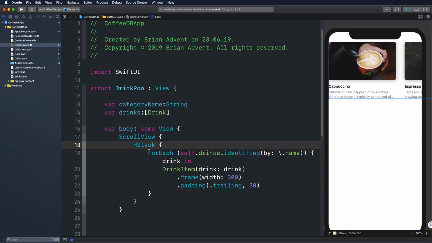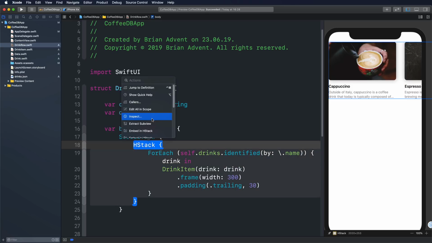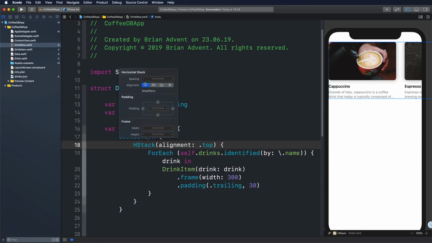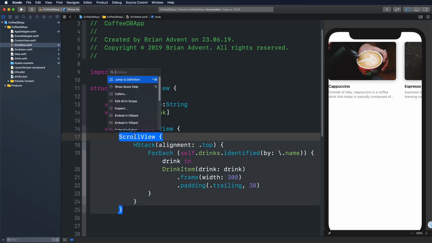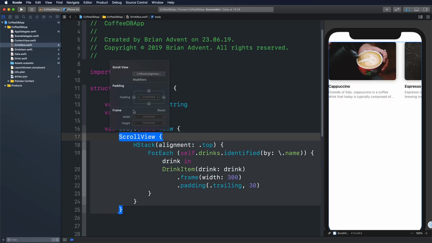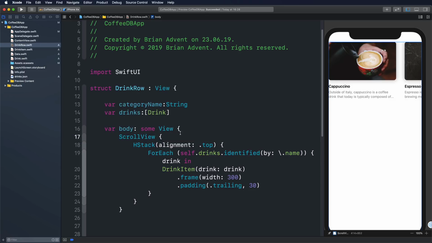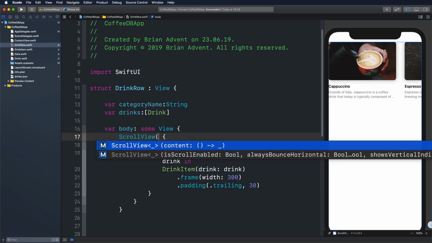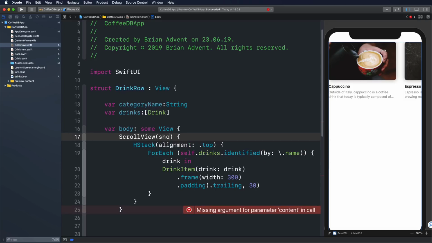And we can just make a few more adjustments here. We could, for example, set the alignment to top. We could also maybe deactivate the scroll indicators for our scroll view. But as you can see, if I just hit the inspect button here for the scroll view, I can't really adjust this specific property or this modifier. So what I have to do is actually initialize that right here with shows